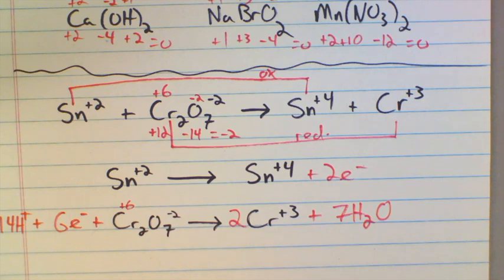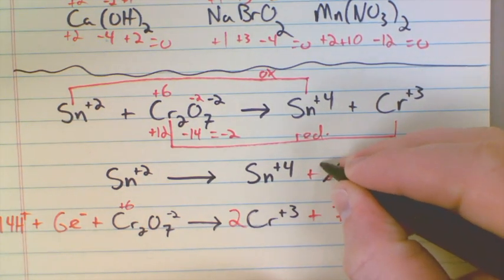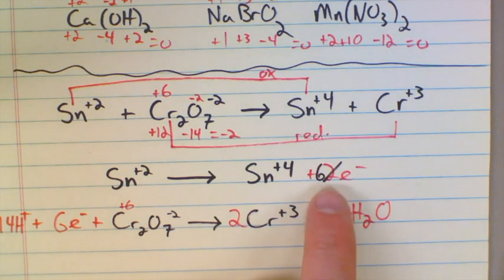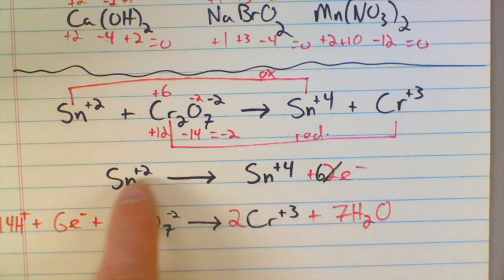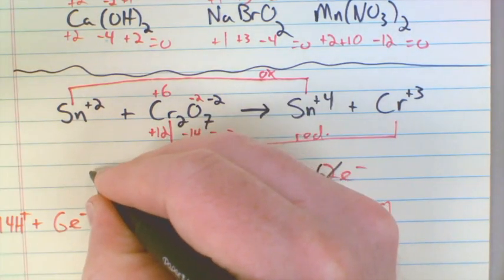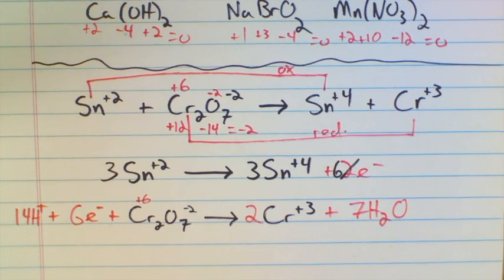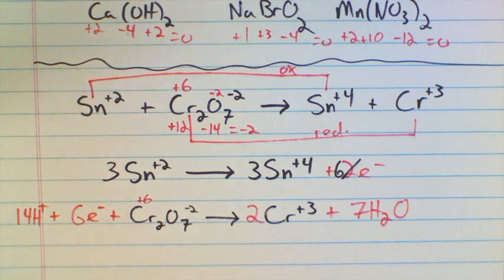What's that? Oh, we can't divide. We can only multiply. Multiply by 3. That's a good question there. So yeah, we have to multiply by 3 here. So we're going to make this into 6 electrons. And because we've multiplied this by 3, we have to multiply everything by 3 in the top reaction. And now this leads us to